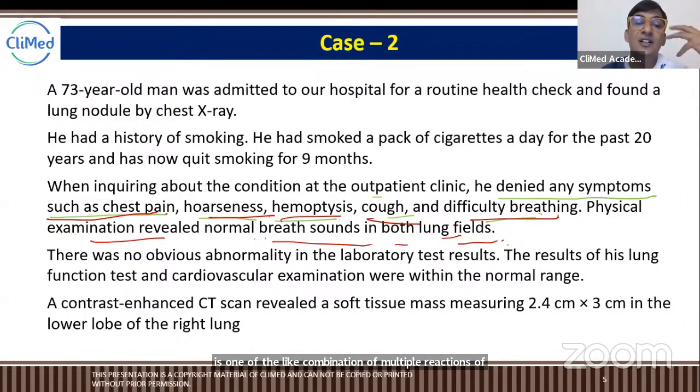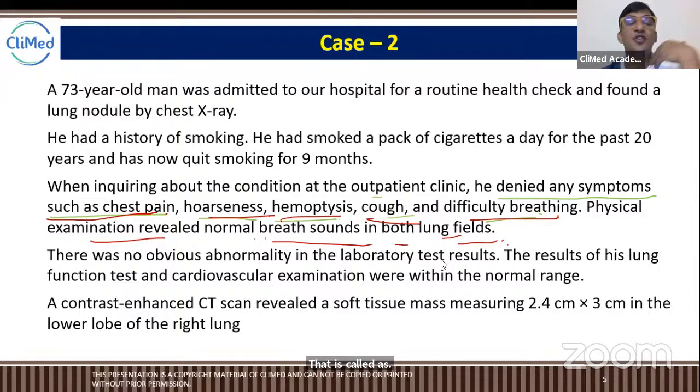Hemoptysis is not exactly blood vomiting, but if blood comes with the cough or in the vomit, so that blood is coming from the mouth, that is called hemoptysis. The reason could be anything, such as erosions. I'm not only talking about cancer. There are multiple reasons for hemoptysis.